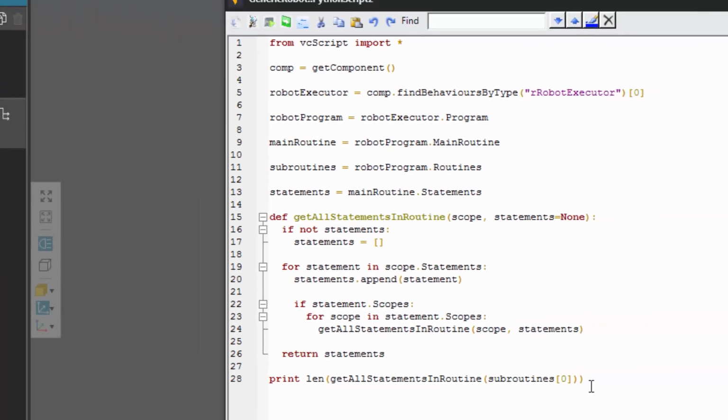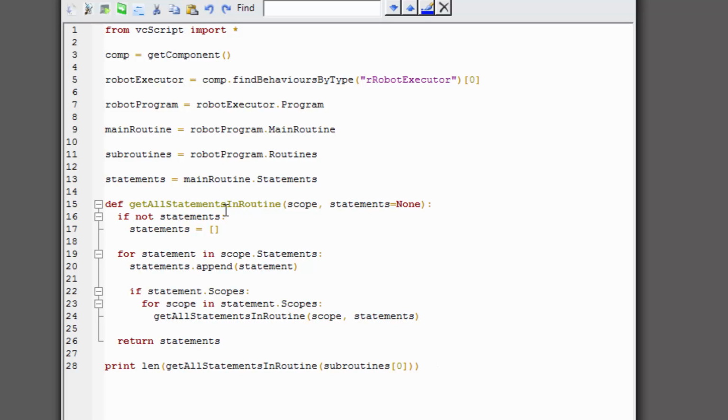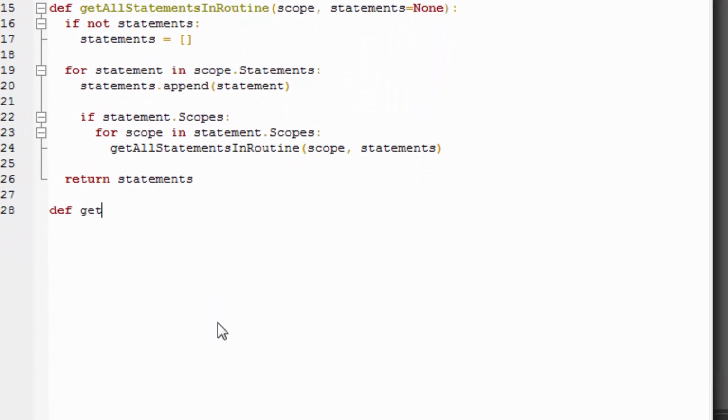Let's go back to our main routine, and let's actually get all the statements in the robot program using this as an example. So instead of printing that out, let's define a new method called getAllStatements in program. And that might be a bit confusing, so let's say getAllStatements in robot program. And what can we do here?